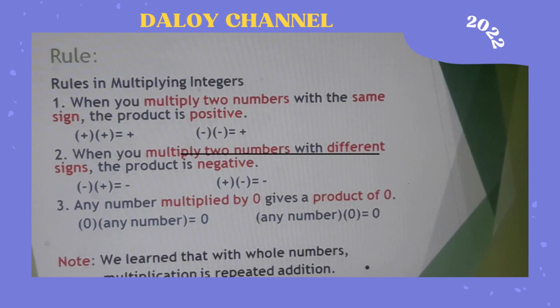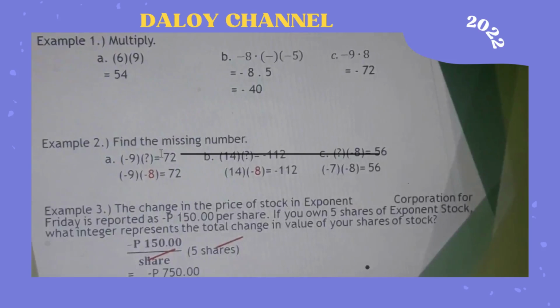Note that we learned that whole number multiplication is a repeated addition. To continue, example number 1, you're required to multiply the numbers. So multiplying 6 times 9, since both of them are positive, the answer would be positive 54. For letter B, multiplying negative 8 times the negative of negative 5, so you should first settle